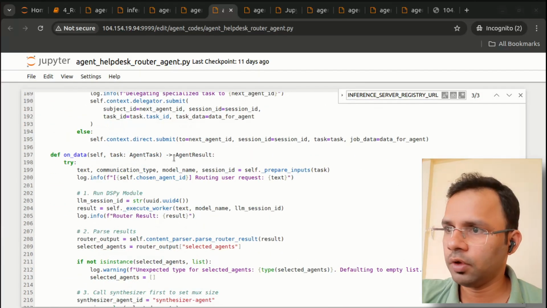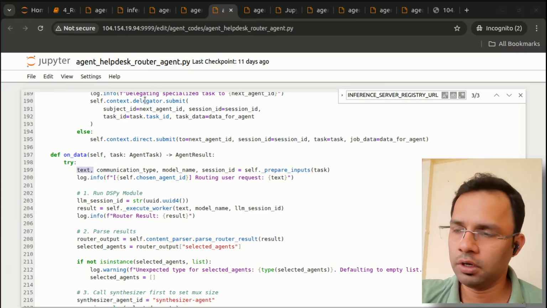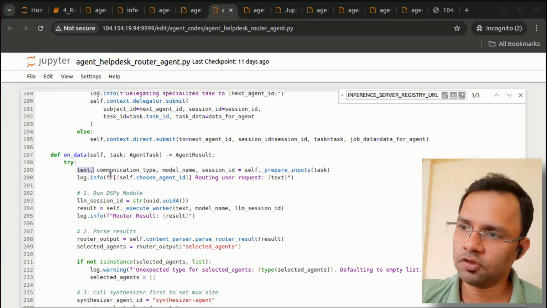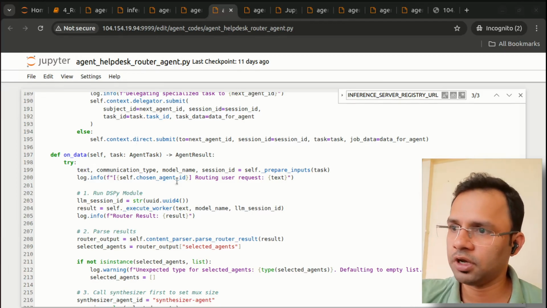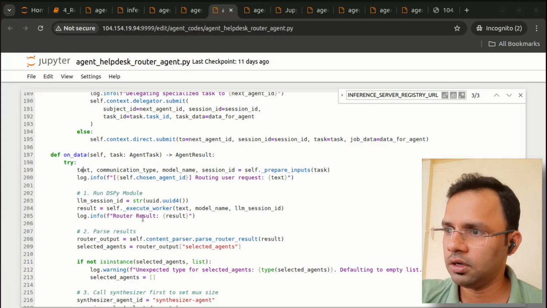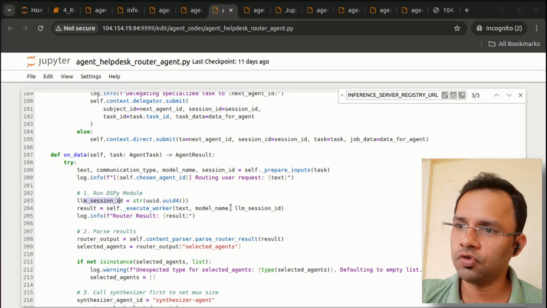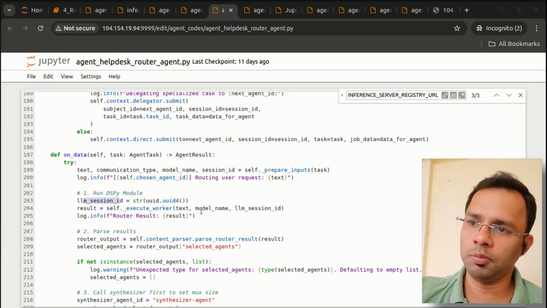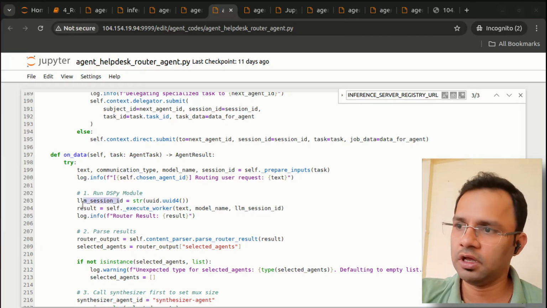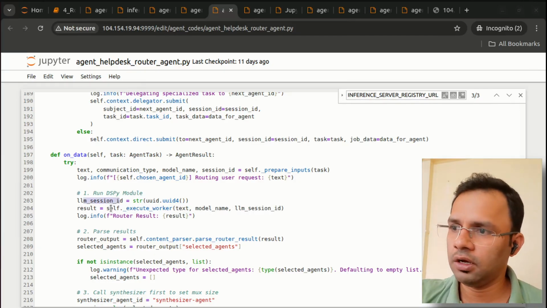In on data, as soon as a new task has come, it will try to extract the text from it, because it is a user input. As this is a router agent, it is customer facing, so it will get the input text from the customer, and then we are passing it to an executor worker class, where this text will be sent. A random session ID is generated for the LLM, because I don't want to store this. I don't want to keep on creating the history, so I'm just generating a random session ID, and the same